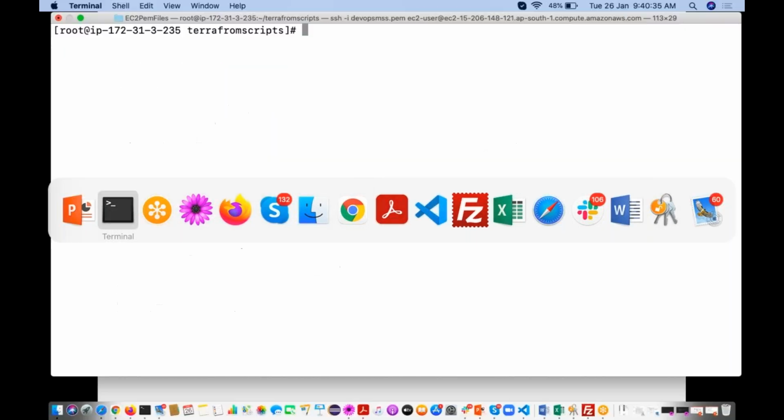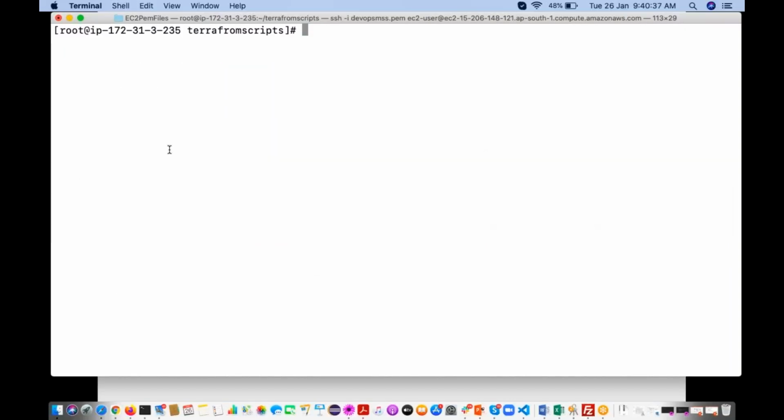So now I have connected to this server. I'm going to create a file with vi. The file name is first Terraform script dot tf. Or if you want, you can use any editor like Visual Studio Code.